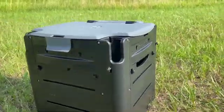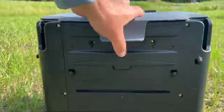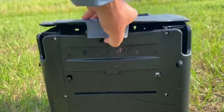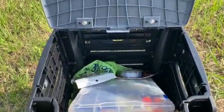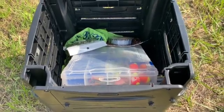The Railblaza Gear Hub could be the greatest kayak crate to ever hit the market, but there's some things that could hold it back from reaching its full potential. Let's dive into it. We're gonna start with everything that I've really liked about it, and right off the bat,